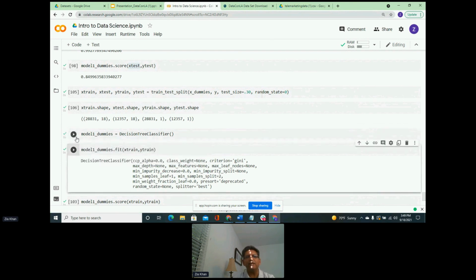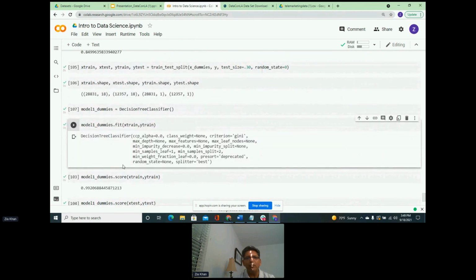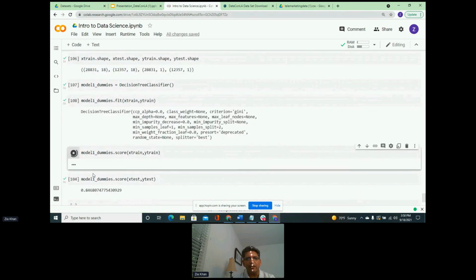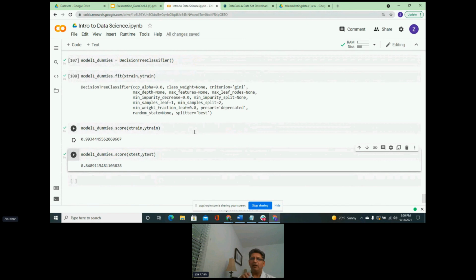I am rerunning the cells again, but this should retrain the model. And now let's look at the accuracy again. The accuracy went down from 0.997, I think it was earlier, to 0.993. So a little bit of training accuracy lost, but 99% still. Very good. The other one actually went up a little bit, 0.84. Again, reducing the size of the training did make it maybe a tiny bit better, but it's not really doing what we want it to do.